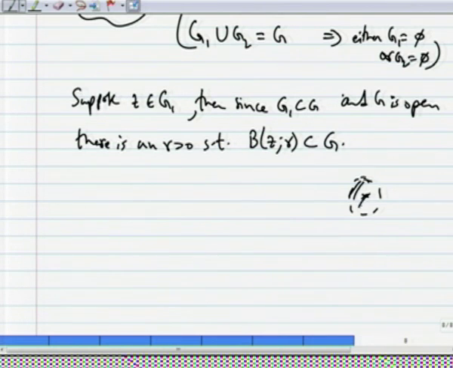Now what happens is, since Z belongs to G1, since A and Z are connected by a polygonal path,